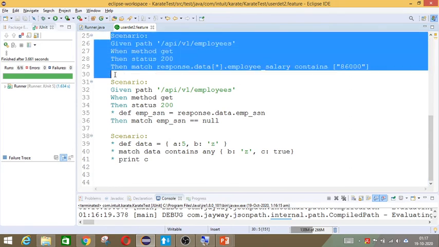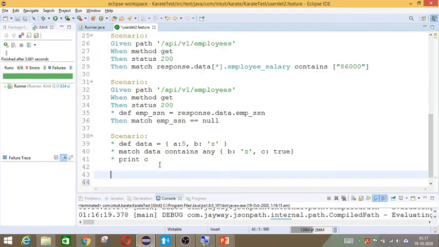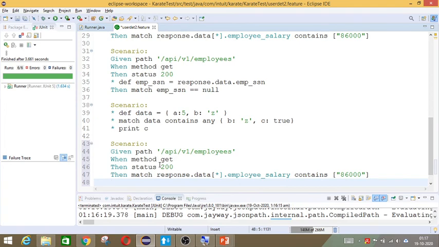So we have a field called employee salary available, and it is having some value. If you want to validate whether the field employee salary itself is present or not, like how we checked whether employee SSN is not present, we can have a check to see whether a particular field we are expecting is present in the JSON or not, irrespective of what value it has.